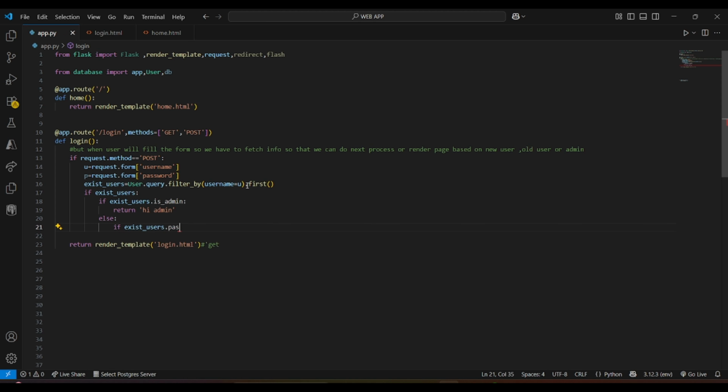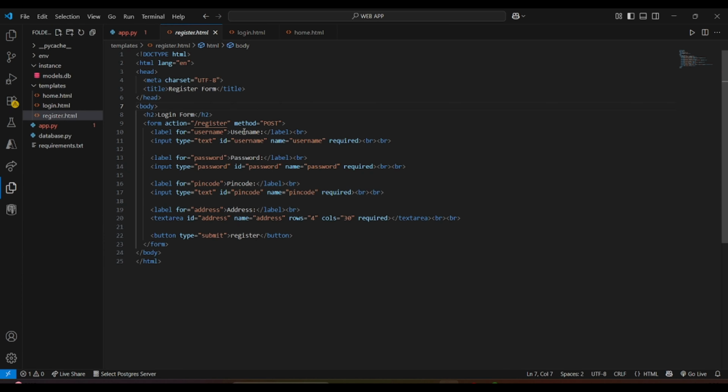Else, we check the password against the one in the database. If it matches, then return hi user. If it doesn't match, then return incorrect password. Now if the user doesn't exist in the database at all, that means it's a new user, so we will redirect them to the register page.